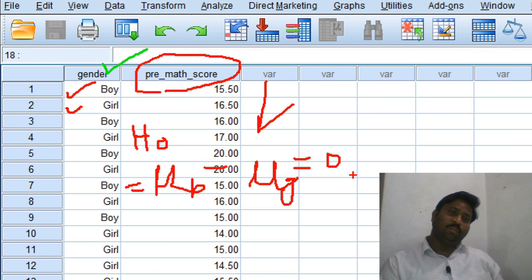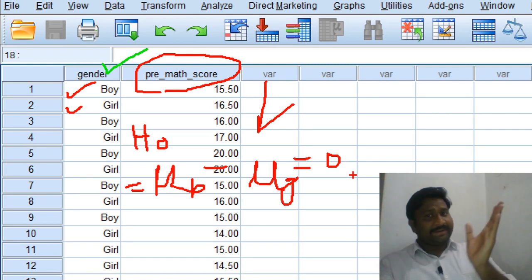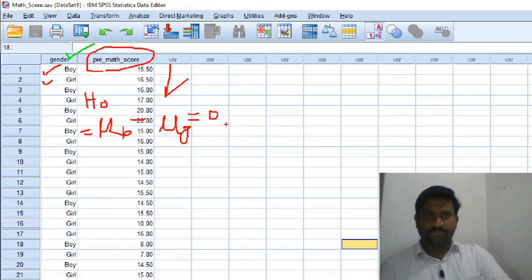That is, mean of boys minus mean of girls is 0. There is no significant difference between boys mean score and girls mean score. Means the boys and girls have similar or same scores. Okay. So let us test it with Mann-Whitney U-test.